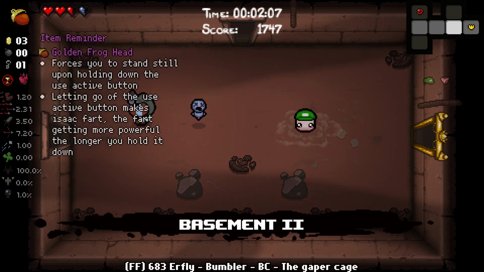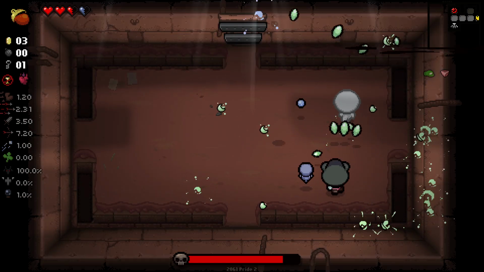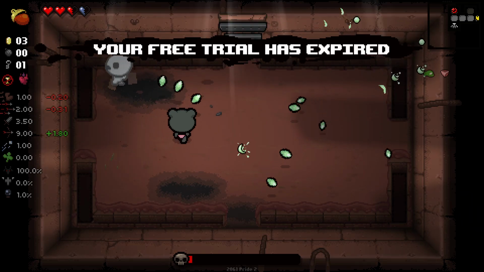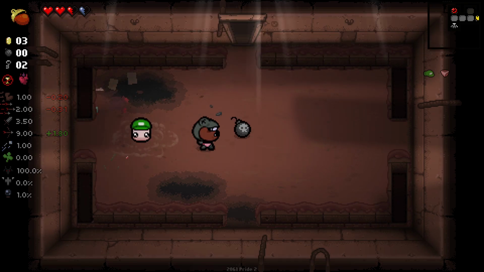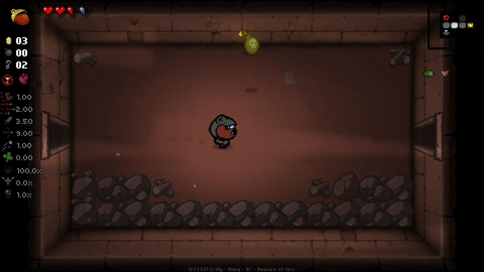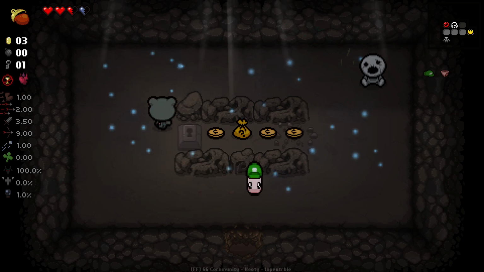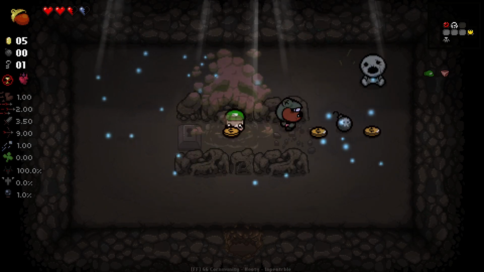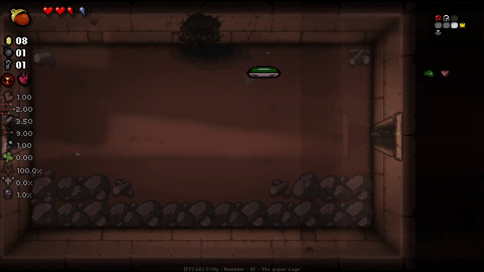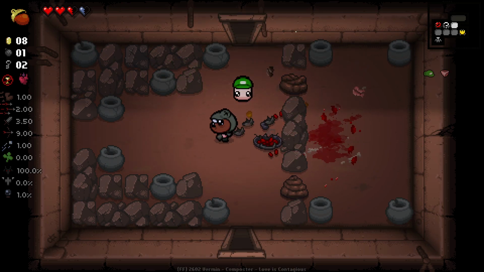For instance, Bucket of Lard is a health up. It gives you 1 red heart and heals 1 red heart, which is like a lot of the health up items. It's fairly rare for them to not give you a health up, which is good because it effectively gives them a little bit more net total health. So, for instance, it can be really helpful for red heart builds because it builds up a bit more of the